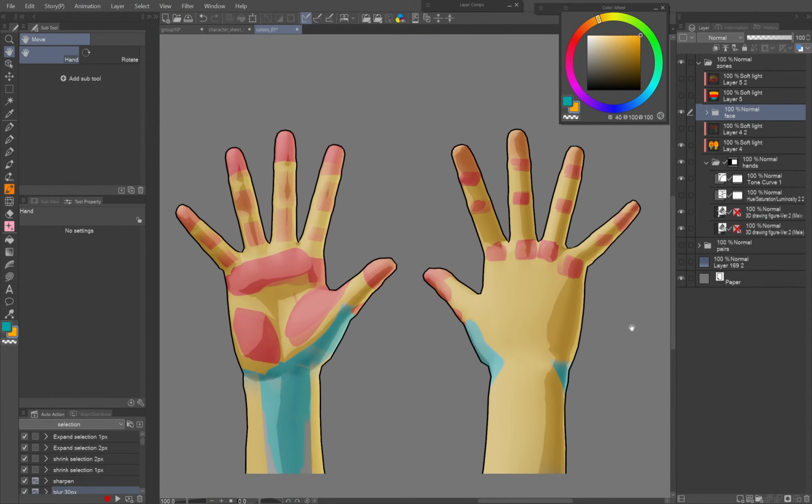But apart from the often mentioned facial zones, there are color zones in the rest of the human body too. The back of the hand and fingers is slightly golden, while fingertips, knuckles, joints and pads of the palm of the hand are reddish. The underside of the wrist and the root of the thumb is bluish. Similarly, other joints, such as elbows, shoulders and knees, are reddish.